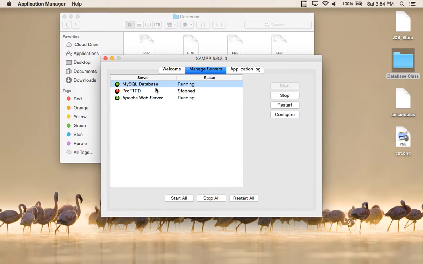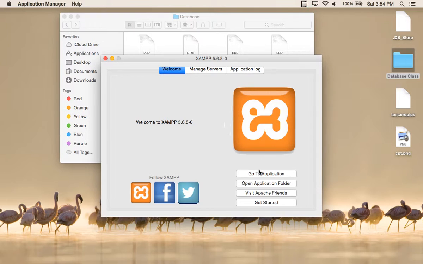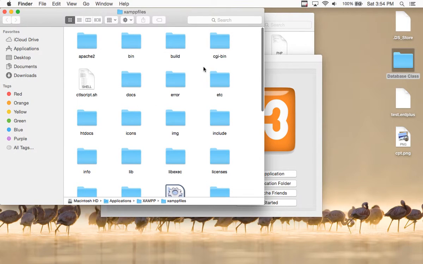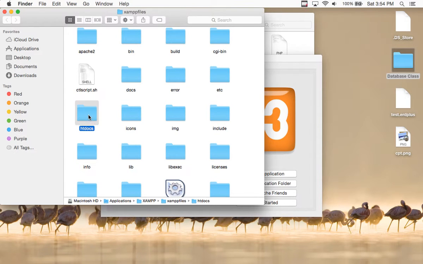So I have my MySQL database loaded, and I have my Apache web server loaded. And so now I'm going to click on the second option here that says Open Application Folder. If you're on a Windows box, you have a slightly different interface. But if I do that, I get a little file folder thing that opens up. And in here there's a folder called htdocs. Where's my htdocs? Here it is right here actually. It's called htdocs. If I double click or open up htdocs,